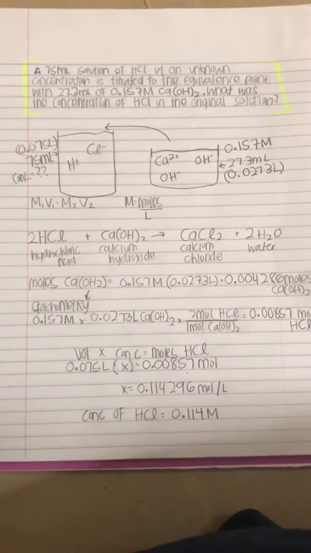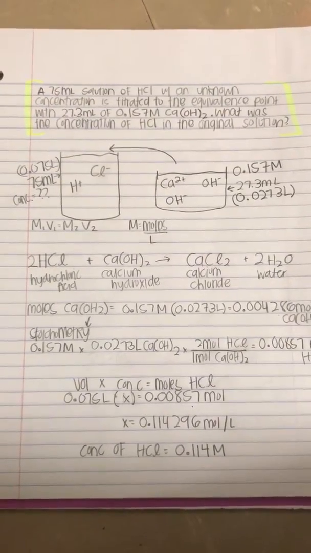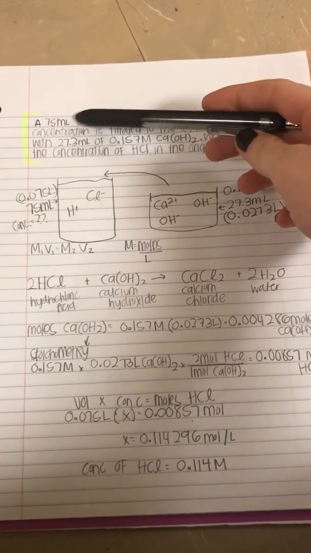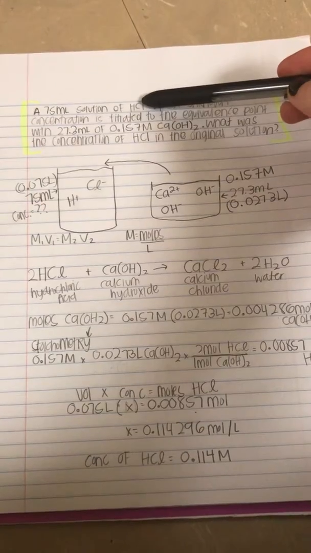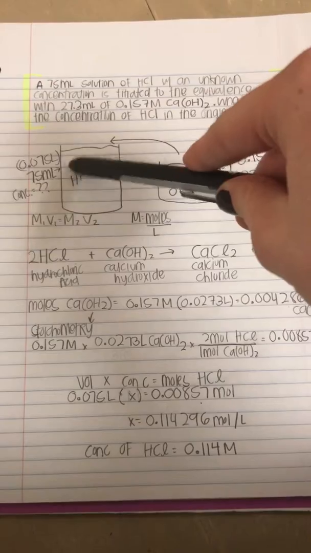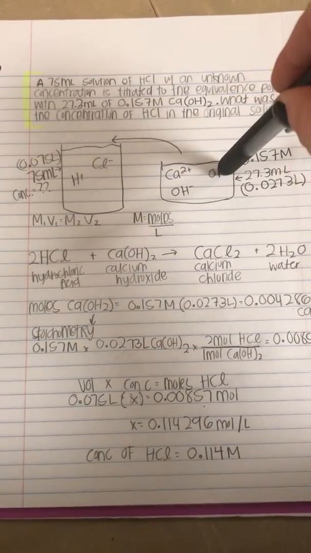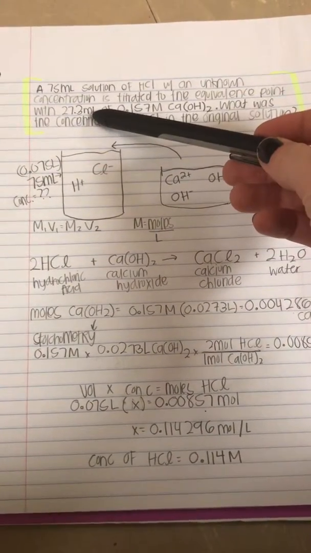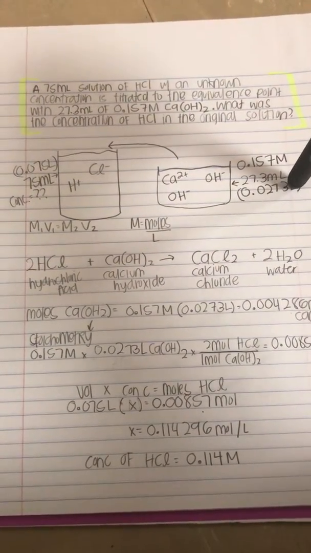Okay, so here's a problem, and it wants you to figure out the concentration of a solution, and it's a titration problem. So in the problem, you're given a 75 milliliter solution with an unknown concentration, and the solution is hydrochloric acid. So I drew that here, and I wrote what I was given, and then it is going to be titrated with calcium hydroxide, and you were given your volume and your molarity,